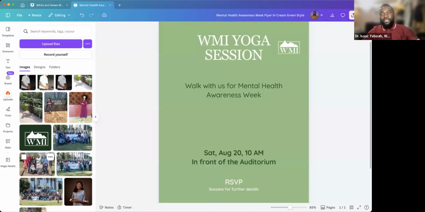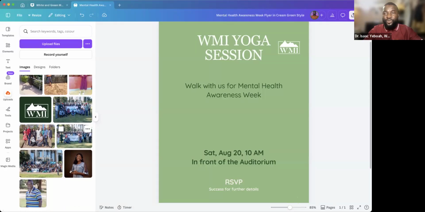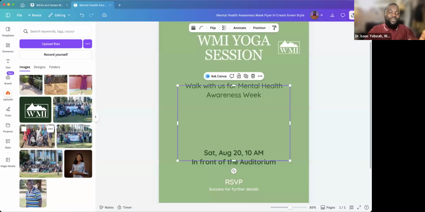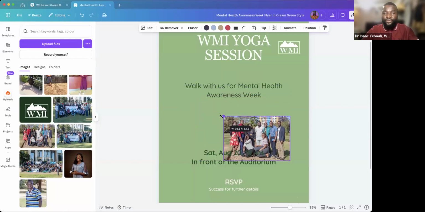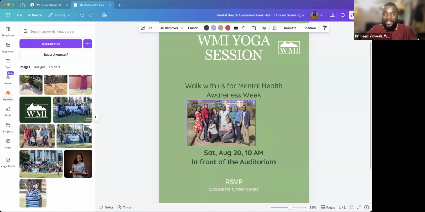If I want to upload a new one, you just come up here, then you click on upload. When you click on this upload, it will take you to your laptop or your computer picture area. Then you upload a picture from your laptop, and it will be kept in your account. Do you get it? So all these pictures are kept in my account because I uploaded them, and Canva automatically saves every picture that you upload onto your account. So I just click on it, and you see the picture has been imported onto my flyer,